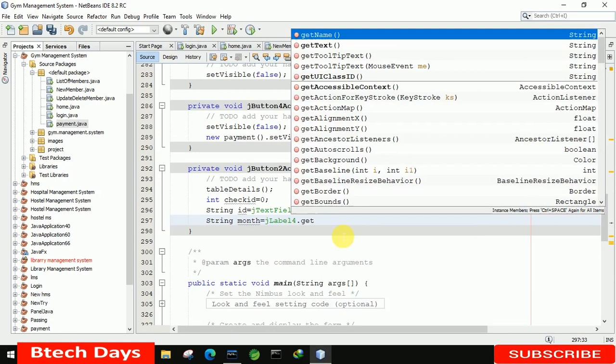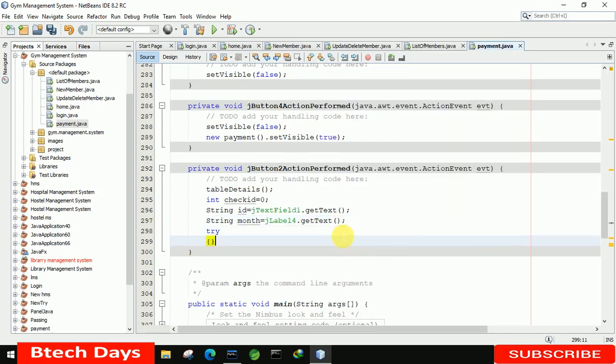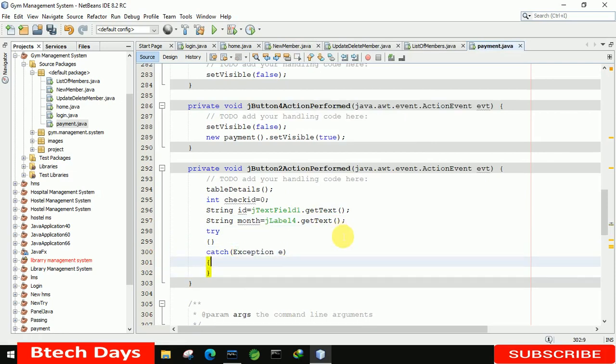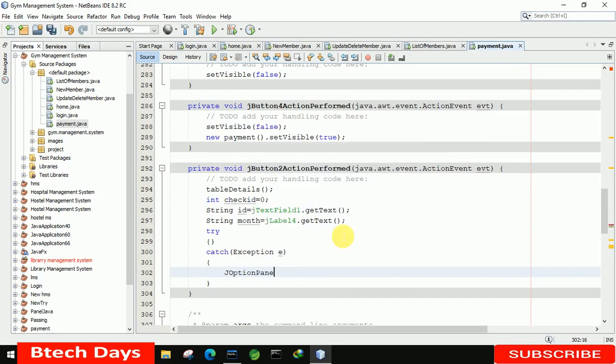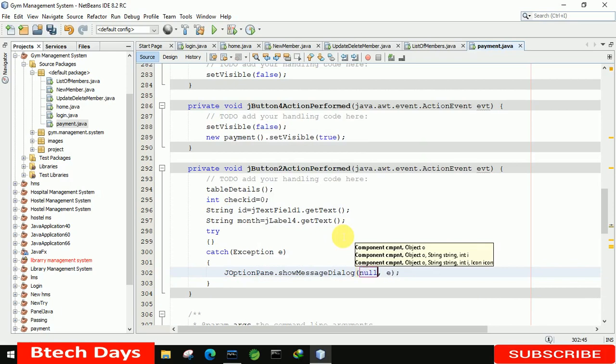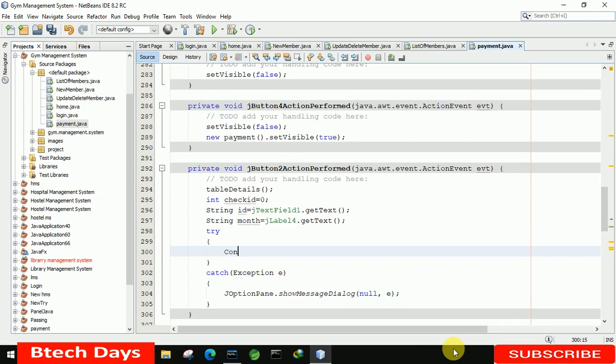getText. Okay, after that we have to create a try catch block here, with exception e, and if any error occurs, in that case we have to display JOptionPane.showMessageDialog, and here we write null. After that in the try block we write Connection con equals ConnectionProvider.getCon.